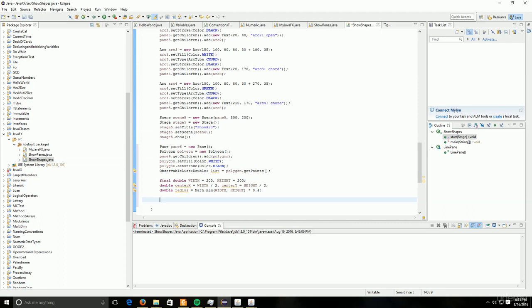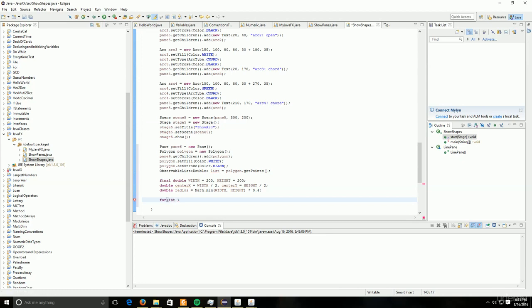Then we multiply this entire thing by the radius and add the center x to this to get the first point. Then we would add the to get the x coordinate. Then to get the y coordinate, we do the exact same thing except we subtract the center y instead of adding. So since we're going to do this 6 times and for 6 different points,